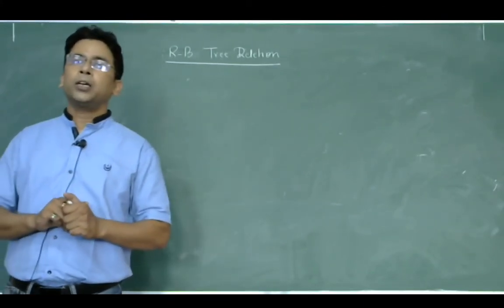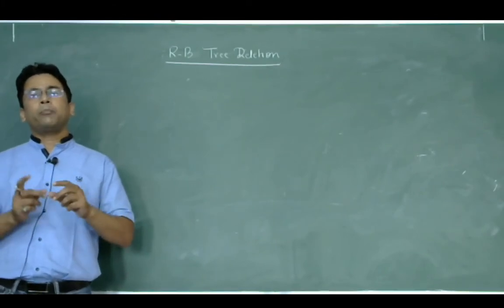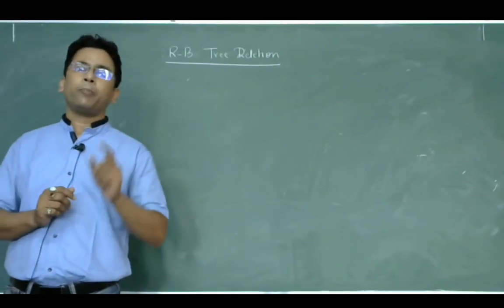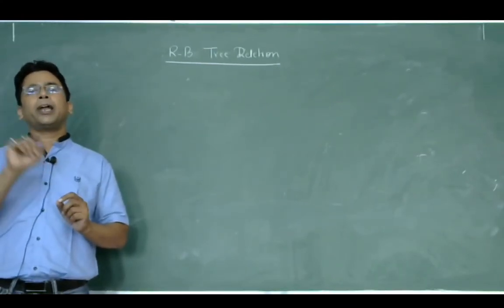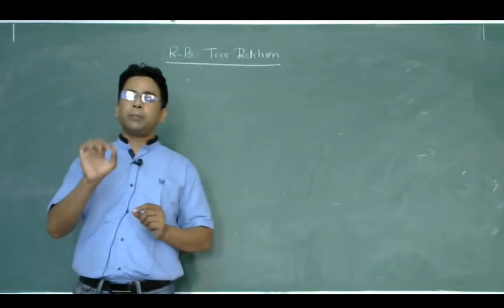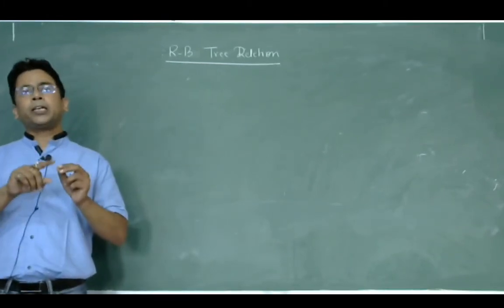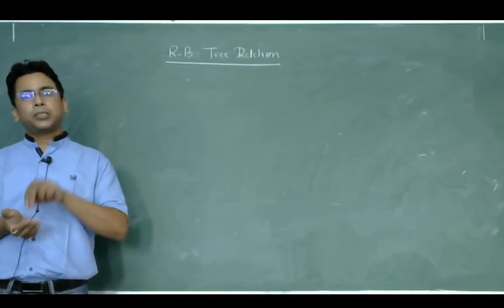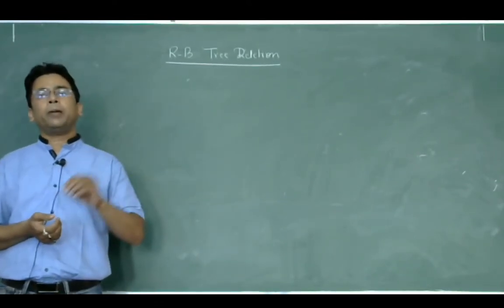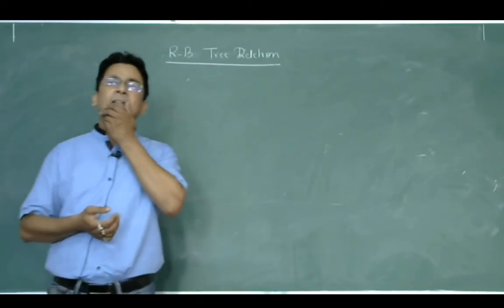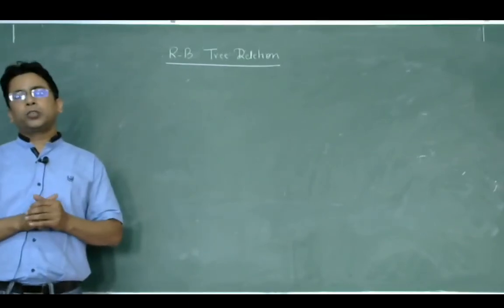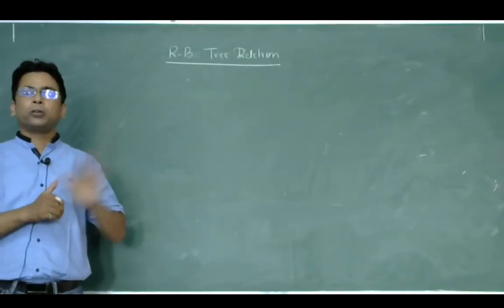In this situation, we perform a rotation between parent and sibling, not parent and child. In case 3, we perform rotation between the sibling and its left child. In this case, the rotation is performed between the sibling and parent, and the parent color is transferred to the sibling. It may be either black or red depending upon the color of the parent, and the color of the parent is turned into red. So this is case 4.